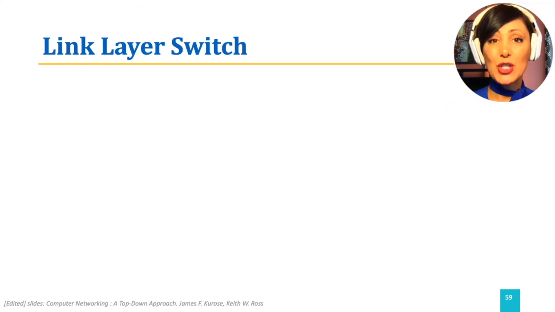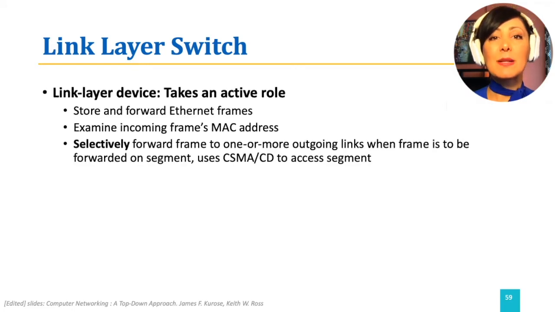We talked about switches previously in this module without mentioning the details of the functionality of the device. We now want to explore what a layer 2 switch is and how it functions. An Ethernet switch or a link layer switch is a device that performs store and forward of Ethernet frames in a layer 2 network. It examines the incoming frame's MAC address and selectively forwards a frame to one or more